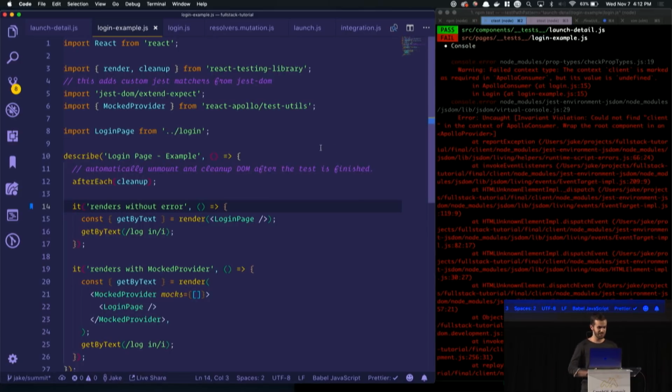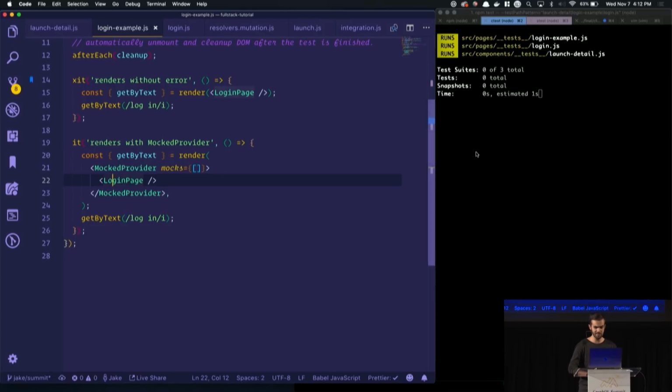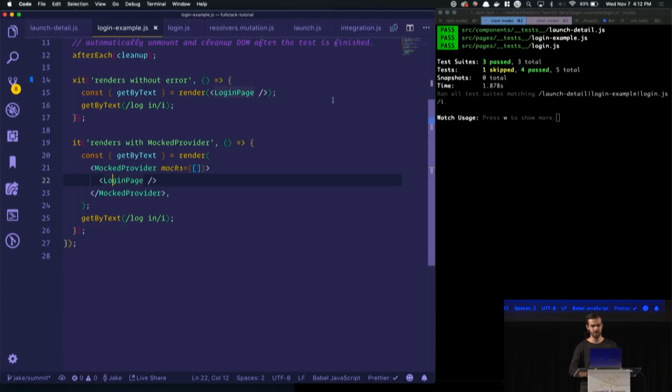You will get this. So on this next test down, you can see that I take this mocks provider that we have, which mocks out the client and mocks out the cache, so you don't have to manually do that stuff yourself. And then you can also pass it an array of mocks, which I'll explain in a second, but for right now, I'm not going to worry about it. I'm just trying to get this thing to render, like I said. So now, if I save this and run this test, test pass, right? Oh, yay.